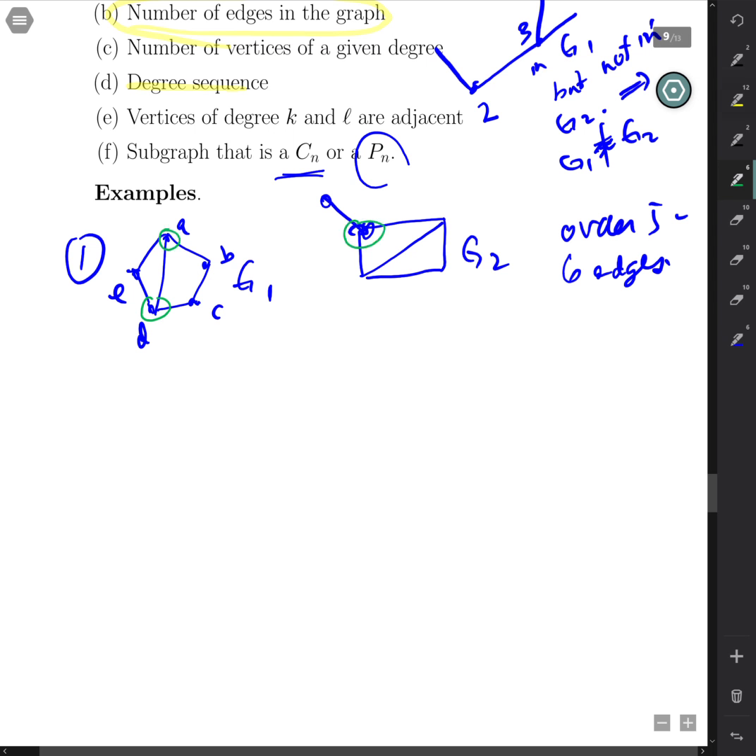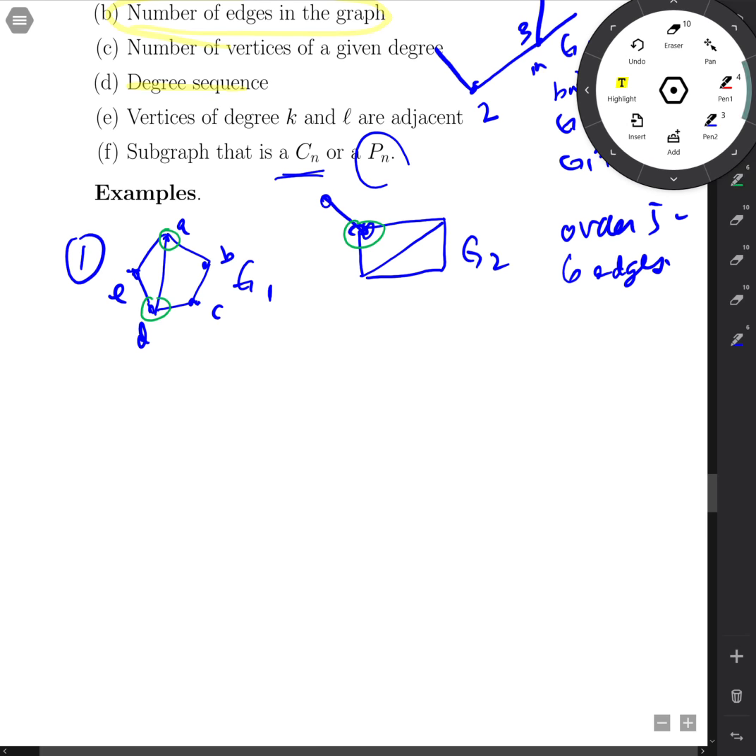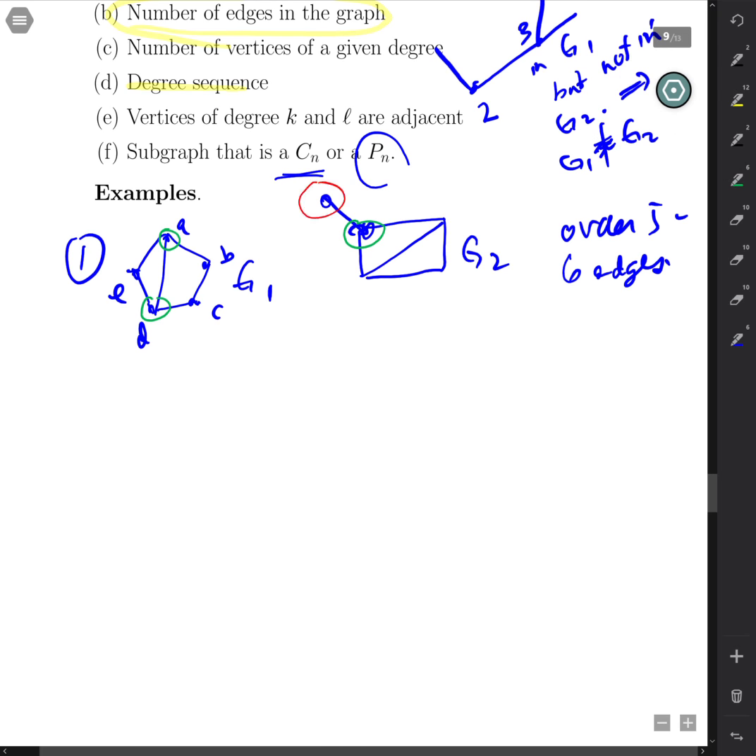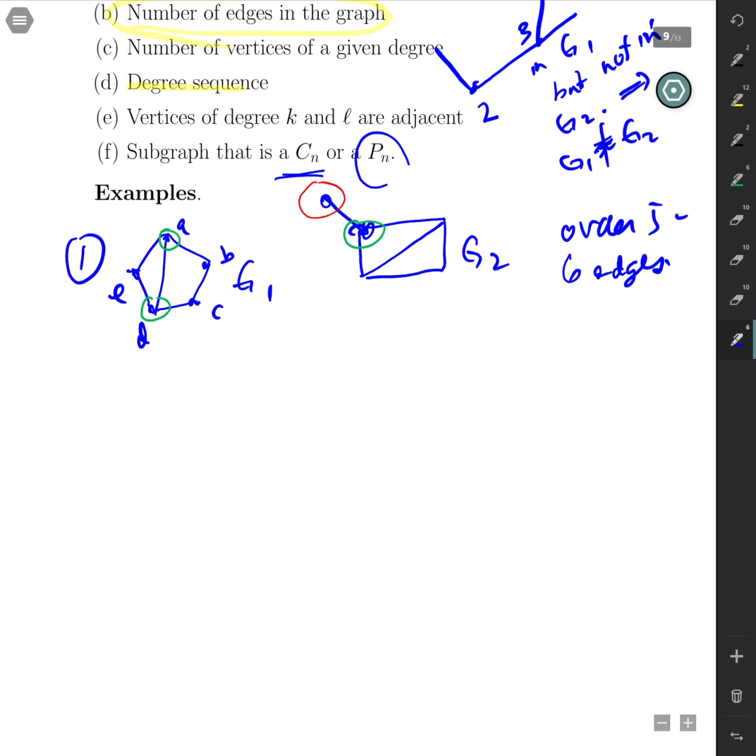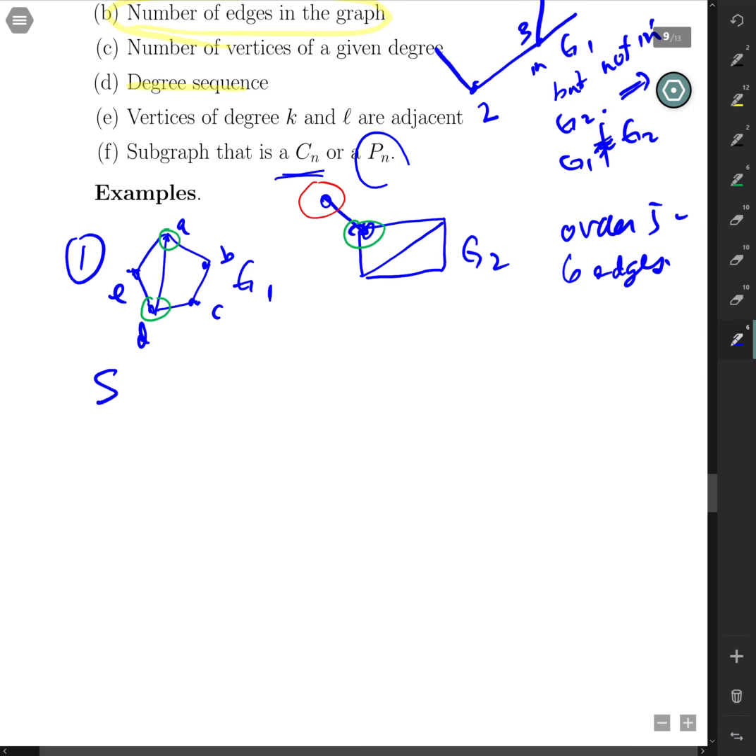Another way to show that they're not the same is to notice this isolated vertex in G2, a degree 1 vertex in G2 that G2 does not have. So just pick one of those to finish your statement. So maybe since G2 has a vertex of degree 1,